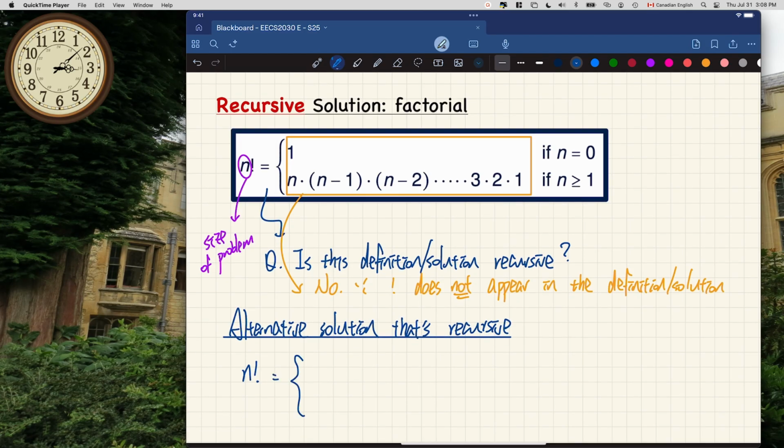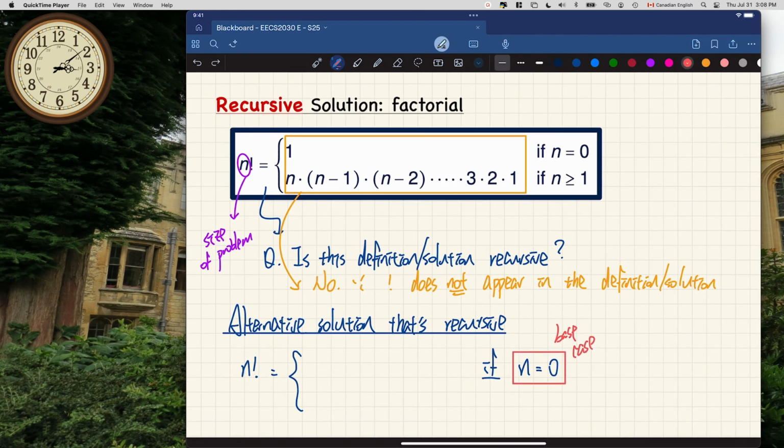Okay? And now we talk about base cases. Two cases. First of all, we got base cases. We can say if n equals 0. Oh, by the way, guys, here the equals is a mathematical equality. It doesn't mean variable assignment. Right? We're still talking about math. But when we translate the recursive definition to Java later, we can worry about the equal. Okay? So this is something we call base case. If the problem size is simply 0 factorial, we can solve it right away just by returning something. And that one there, just 1. Otherwise,